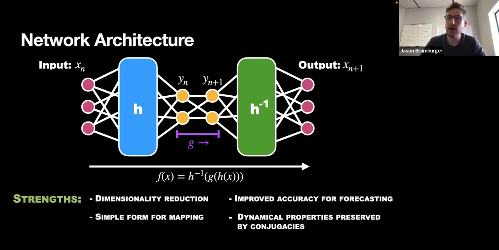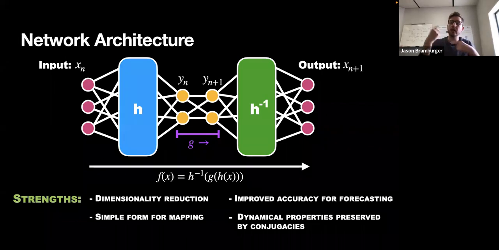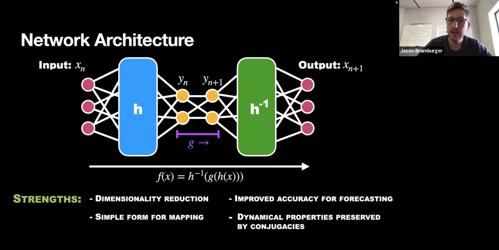So for example, maybe I have 100-dimensional data, but really there's just a 1 or 2-dimensional structure in there. Well, then what the neural network can do is project you down onto a lower dimensional manifold while simultaneously finding a change of variable, so a conjugacy function, on that lower dimensional manifold to best fit a